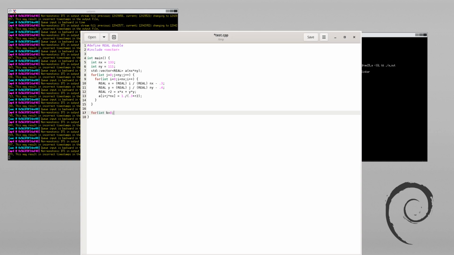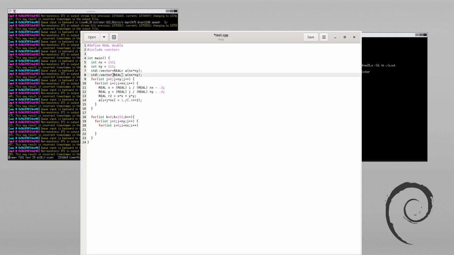The step will be named K. 333 steps will be done, and now I'm going to calculate the value which corresponds to the difference which we are going to add to our temperature field according to the simplest Euler scheme, and the difference should be stored in a separate array. Of course, it will be dA. We need to put zeros here